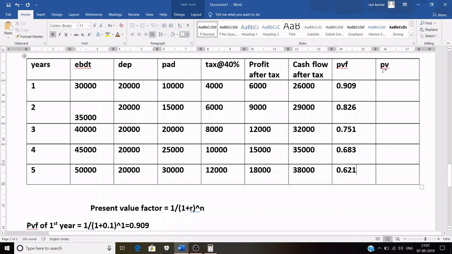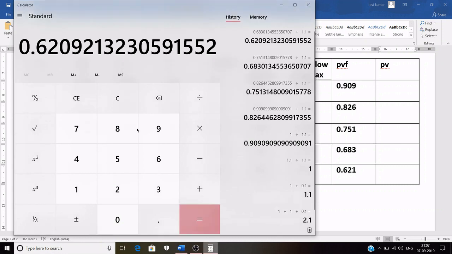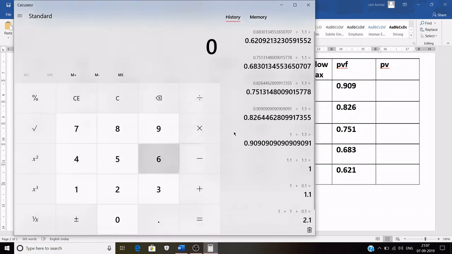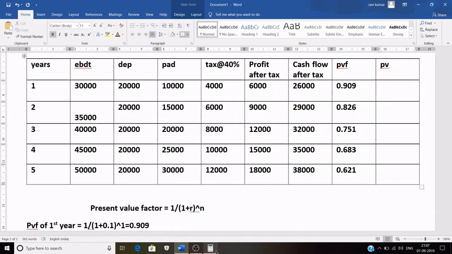0.621. Now we have got present value factor. Now to get present value of each year that we need to calculate NPV, simply multiply your present value factor by cash flow after tax of each year one by one. So when you multiply 26,000